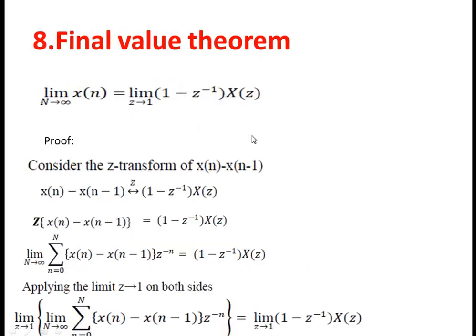And the last one is the final value theorem. Again, if you want to know the final value and we have the Z transform alone, to get the value as n tends to infinity, we have to use the formula: apply z tends to 1, with the factor 1 minus z inverse. This is well known from the Laplace transform too. We are not discussing the proof here, so just remember the statements of the initial and final value theorems.